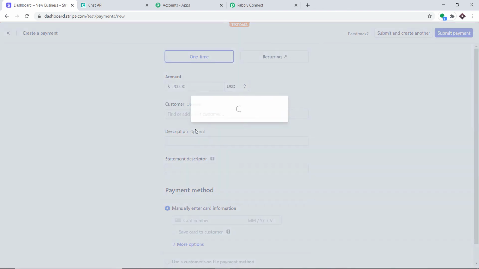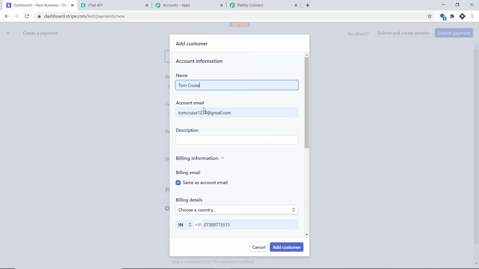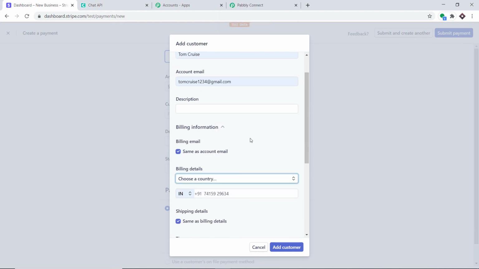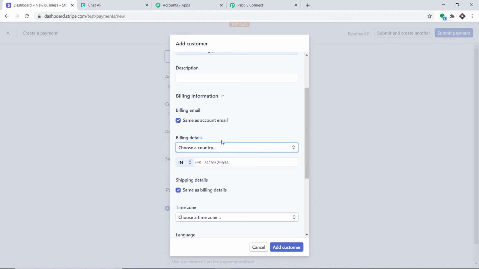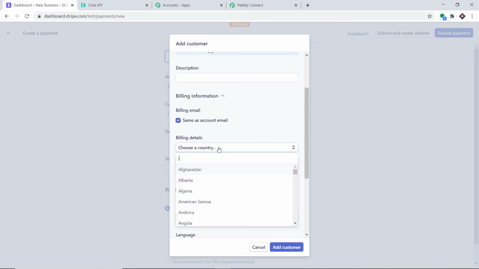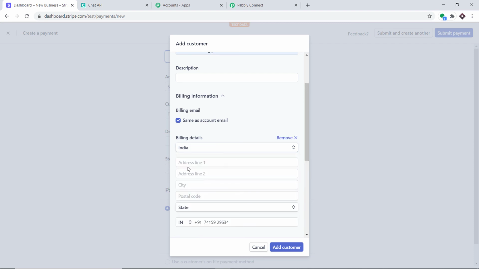The customer, I'm going to add a new customer. The name of the customer is Tom Cruise. Okay, so this is his information. This is my phone number and this is the address. We're just planning India again. So this is the address, Aruna Villa. This is the address line 2, Green Park. The city is Mysore. Postal code, some random postal code, 462024. The state is, let's give it as Madhya Pradesh.